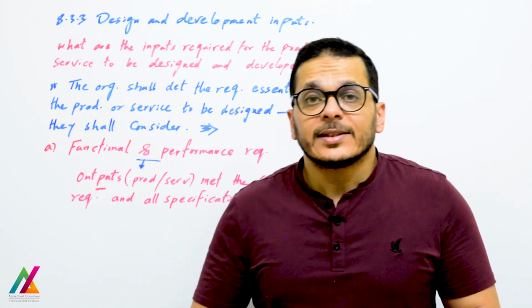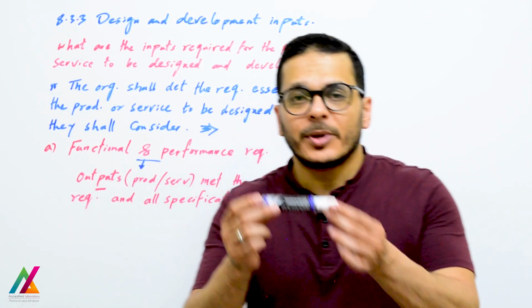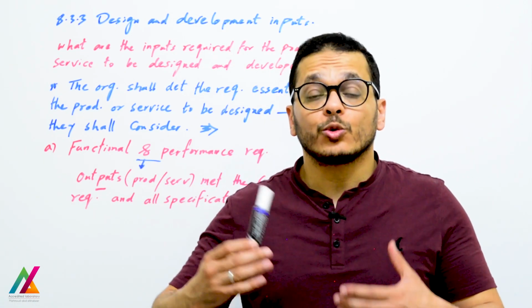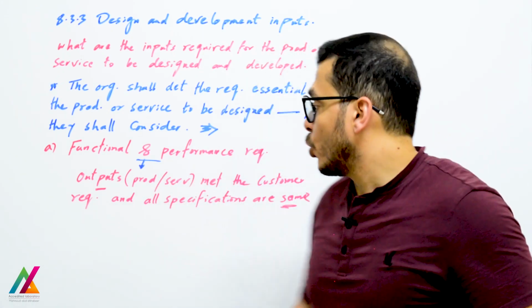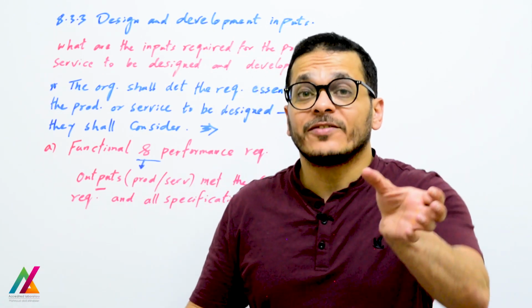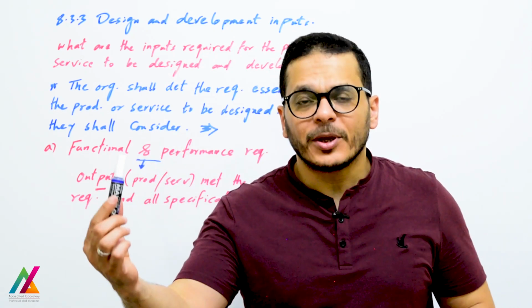As an example, the customer asks you to produce a pen, and you need this pen with some specification, and the ink used also should be with some specification and should be safe for users. So all specification should be the same at the end. So if you define all of these inputs very well, at the end you will have the pen